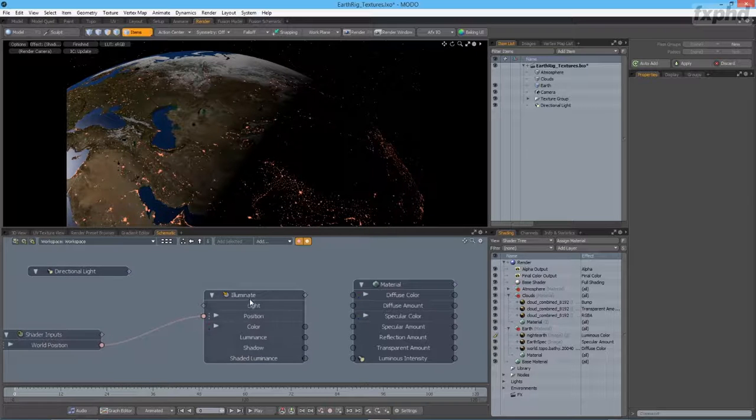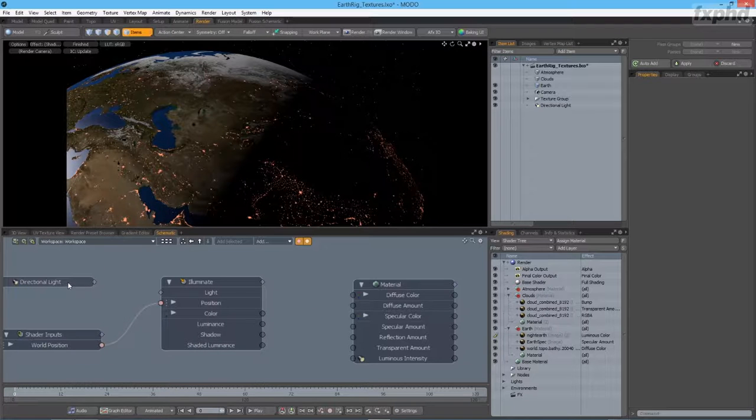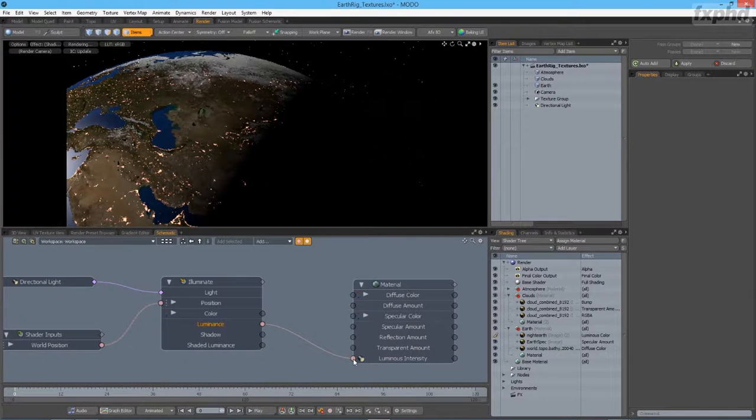And actually it's really not that difficult from here to finish. Our directional light comes into our light, and for right now we're going to do luminance into luminance intensity. And we can see that this is cutting off the wrong side of what we want. It's only showing this